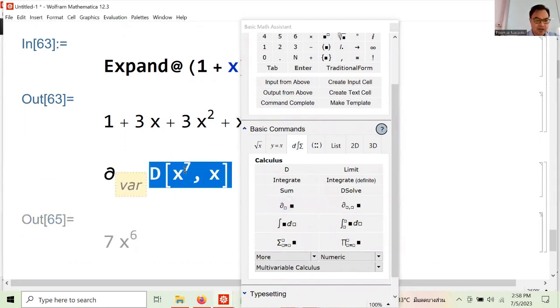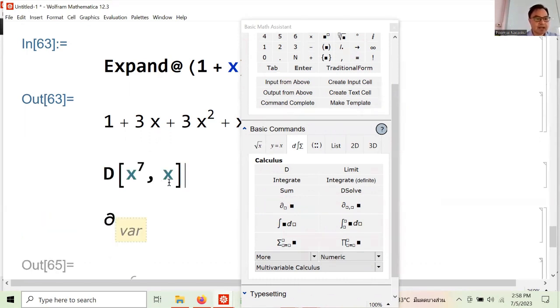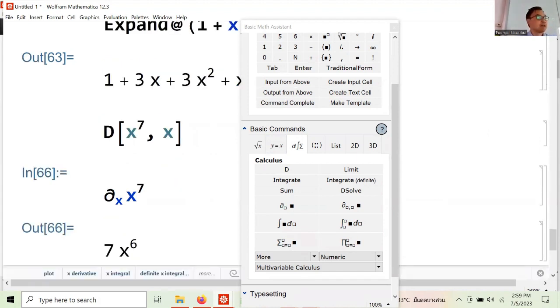So, okay. So let me copy this, but it's not going to show very well, is it? So with derivative with respect to x of x to the 7. See? Why do I use the notation partial? Because partial is more general, right? And you don't want to use these, so it's considered partial. Partial for one variable function is the same thing as a straightforward derivative.